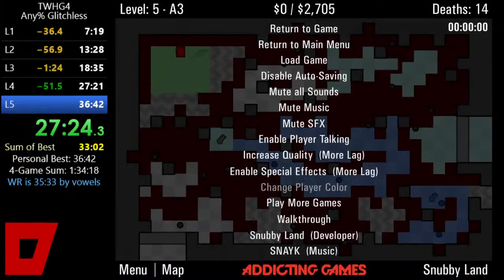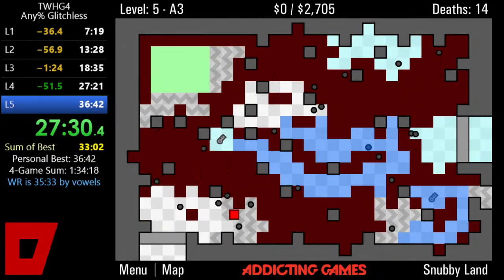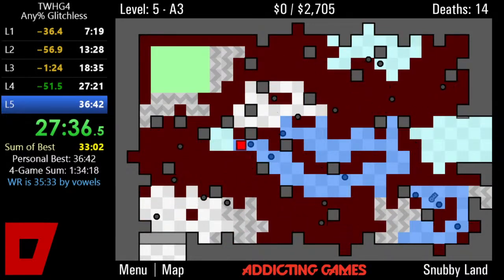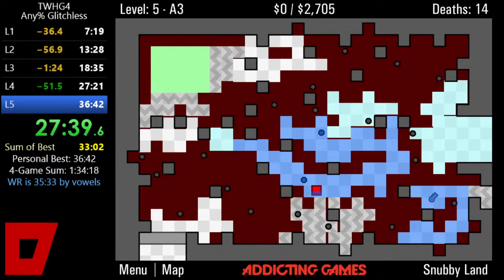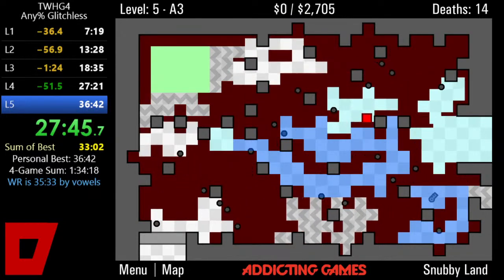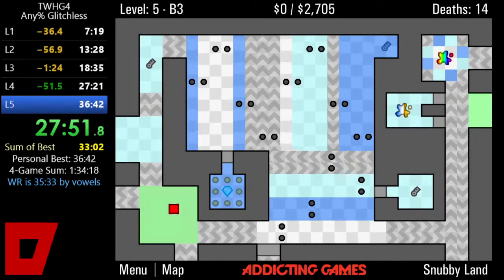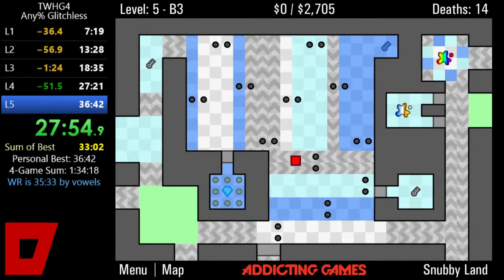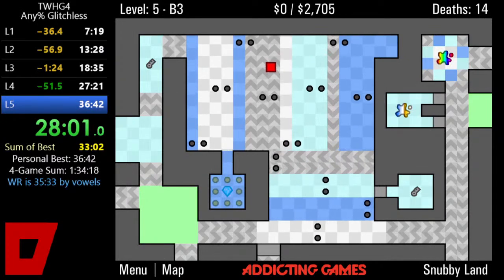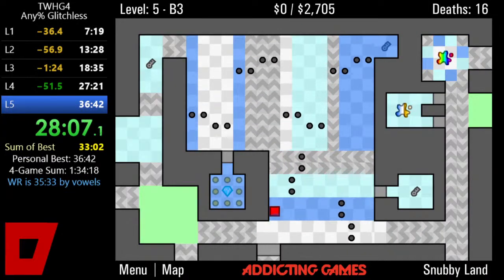Alright, let's see how we go. Can we clutch out the PB? Oh, that was a bit dicey. Bit dicey, but we made it. Ooh, okay, that's a little bit awkward. I think we can recover though. No, we can't, okay. Just do a pattern reset. It's not really necessary, but...